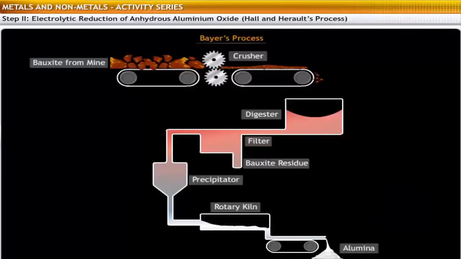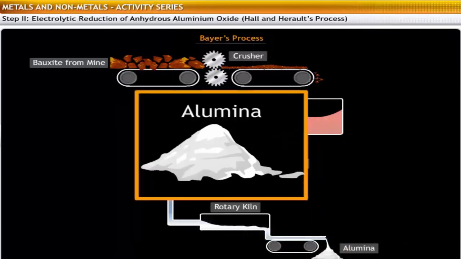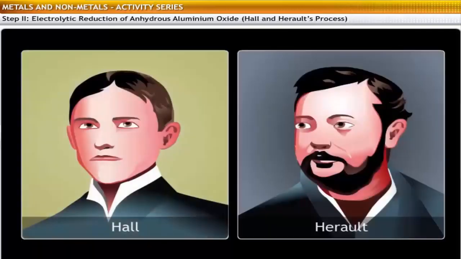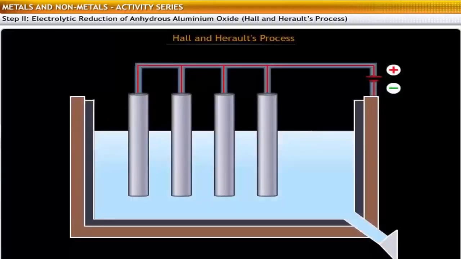The second step in the extraction of aluminium is the electrolytic reduction of alumina obtained using Baeyer's process. This is done through Hall and Heroult's process. Hall and Heroult developed the process independently. The electrolytic cell used in this process has the following components: